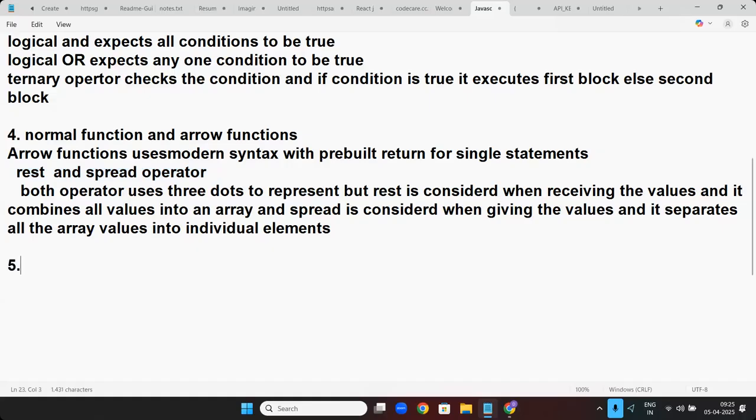Today, now you are going to learn promises, fetch, async await. Next,